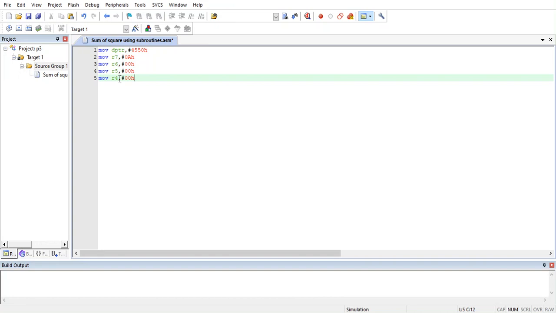I think we can now start with the loop. In case if we require to initialize any data, then we'll do it later on a later stage. For the time being, I think this much is sufficient. If we require anything, we'll do it as we do the program, as we write the program. So let's start with the loop. So let me give a label for the loop, back calling.